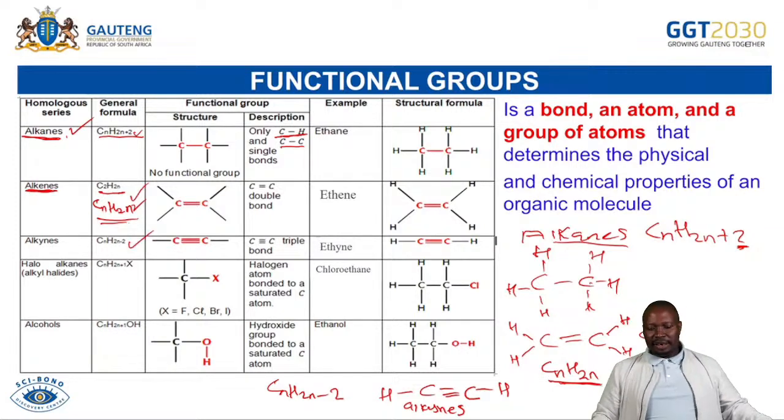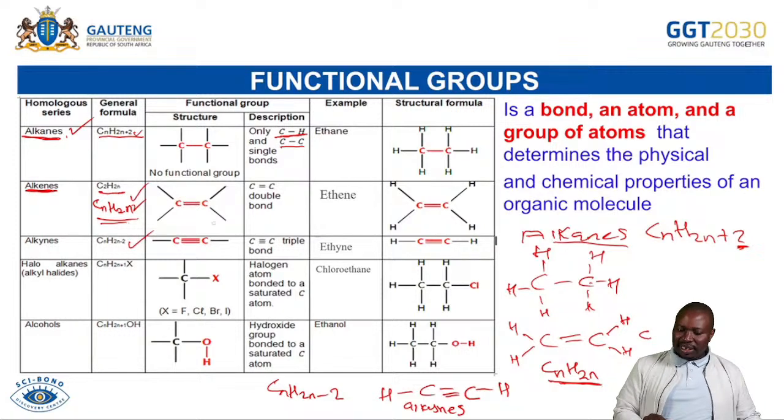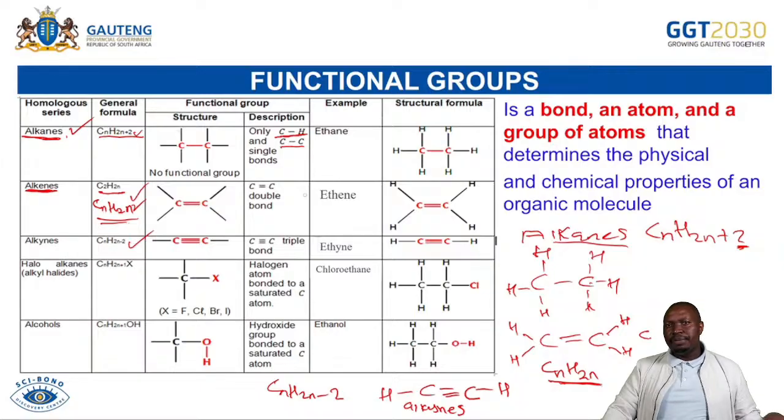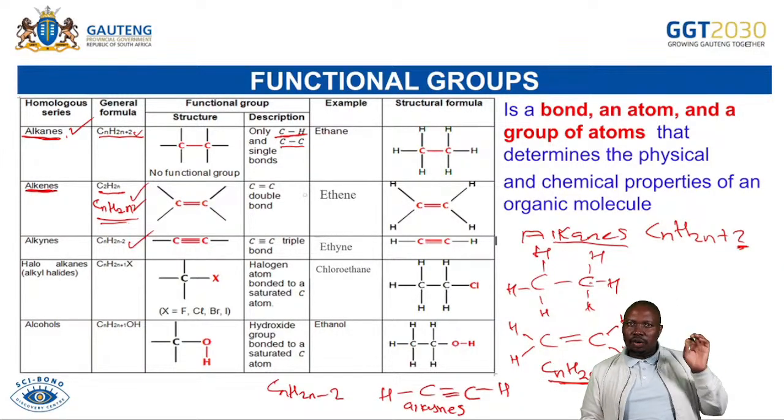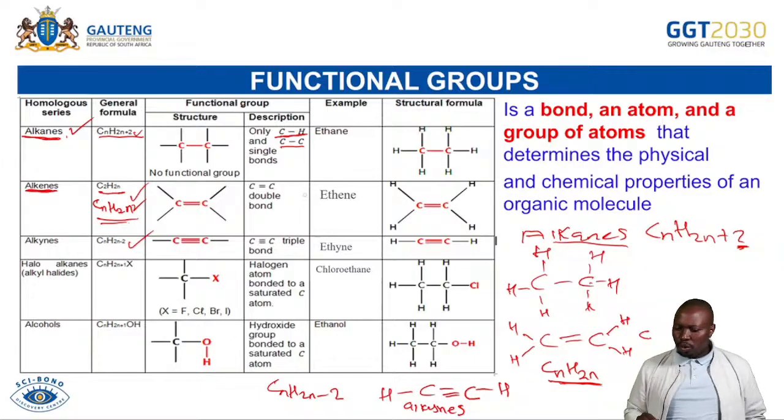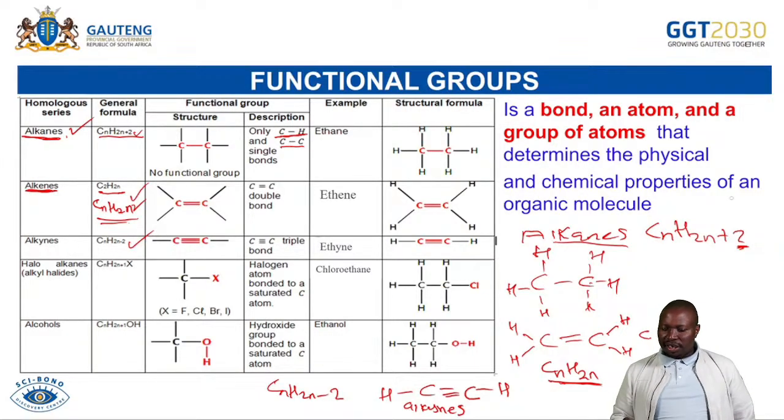And the other thing: what is this functional group that we are talking about? Maybe that is the question that you are asking. Now let's look at it. In terms of the definition, it's saying a functional group is a bond. Oh yes, a bond. You see these bonds, the carbon-carbon triple bond. You said this is the functional group of alkynes, the carbon-carbon triple bond.